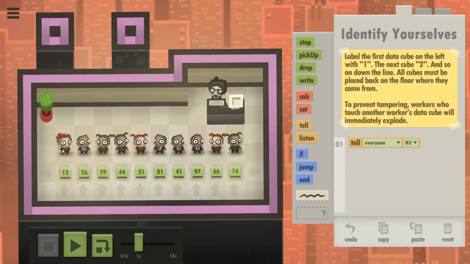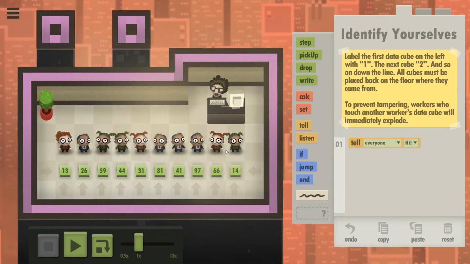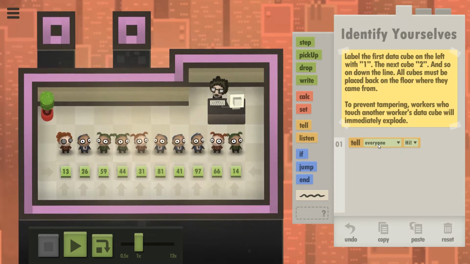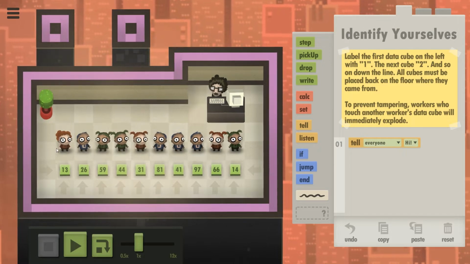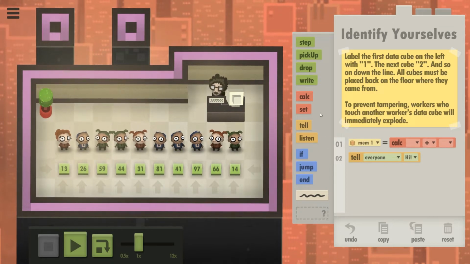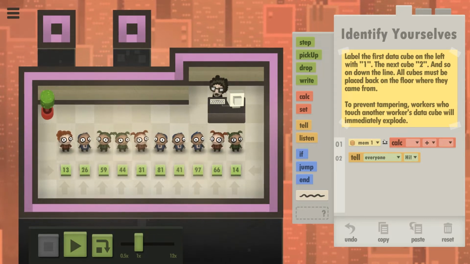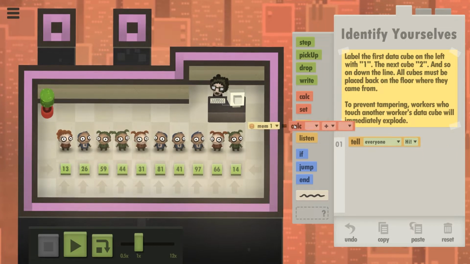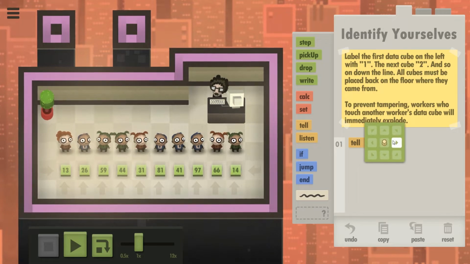Hold on. I kind of want to pass a message down, and I want everyone to calculate like a counter as well. How do I do this in the most efficient way? Well, what I can do is just have everyone... No, because I can't really... I can't have people calculate until they're interrupted by something, unfortunately. So, tell the person on...